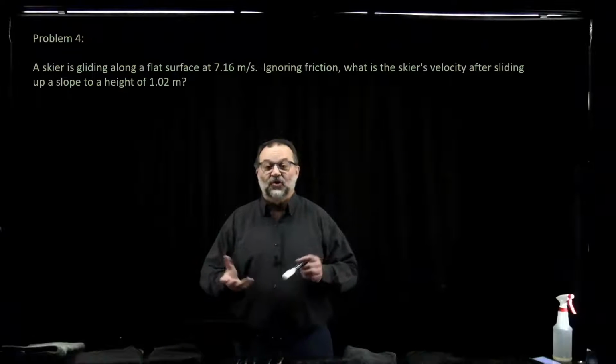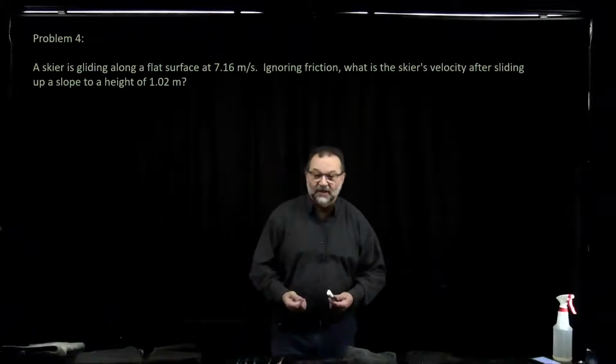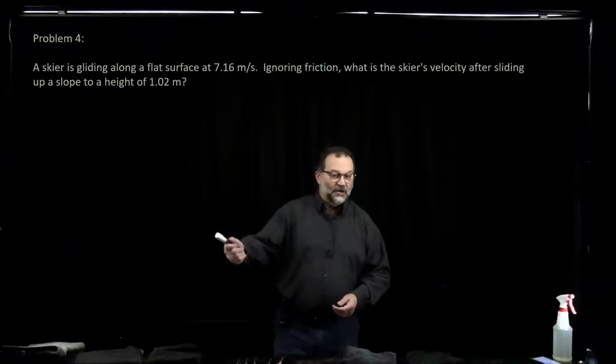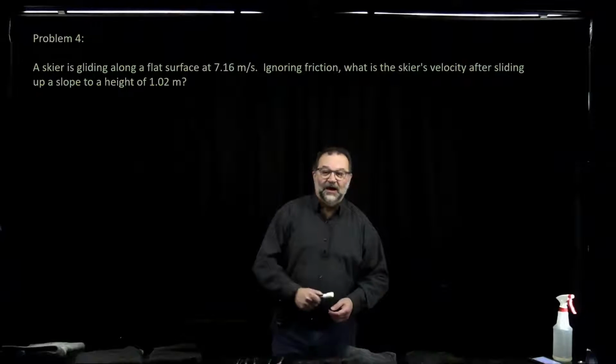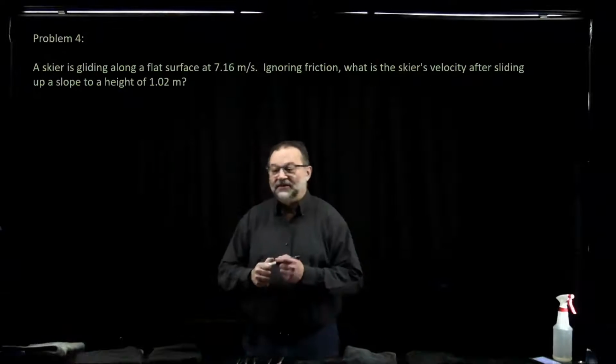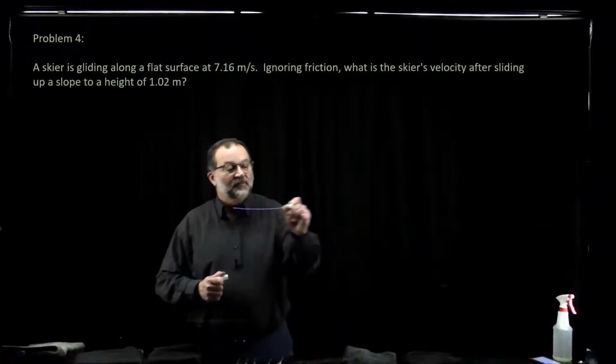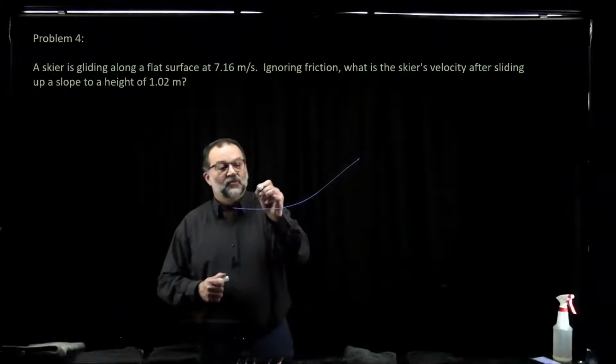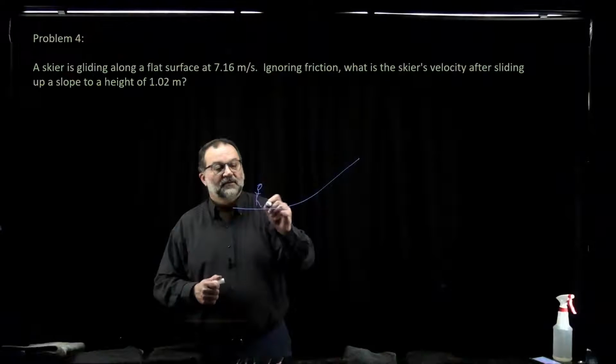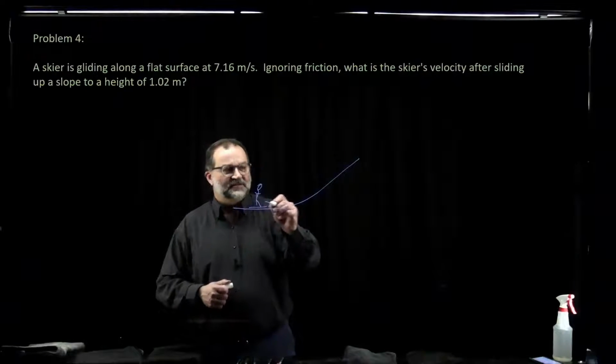So we have a skier going along. We know the velocity they're moving at. We don't know their mass. We're going to ski along, and then we're going to go up a slope. So, woo-hoo. All right, the fun part of skiing is going down the slope, but we're going to go up